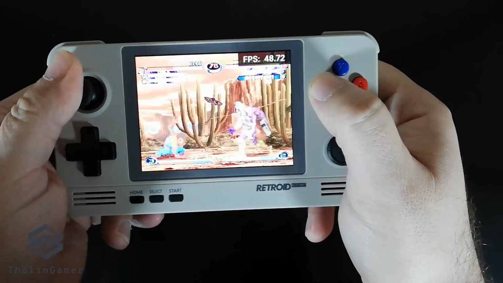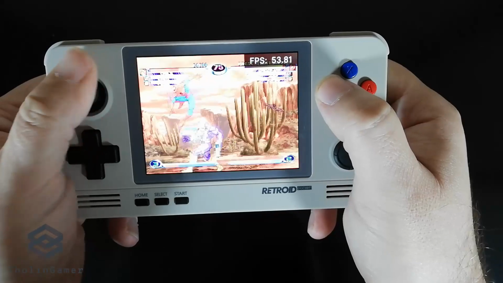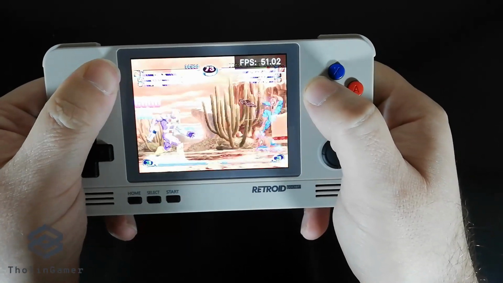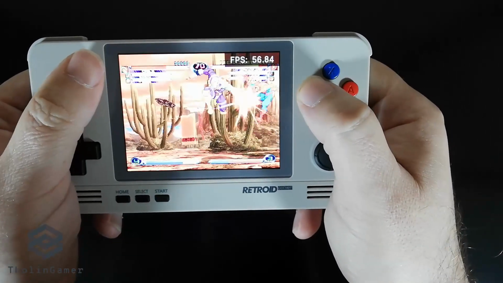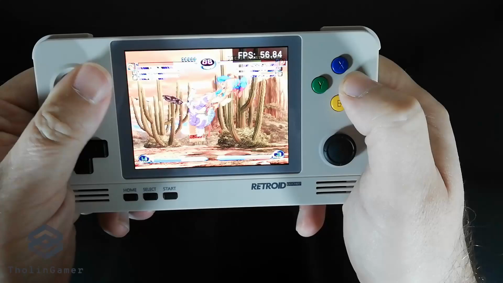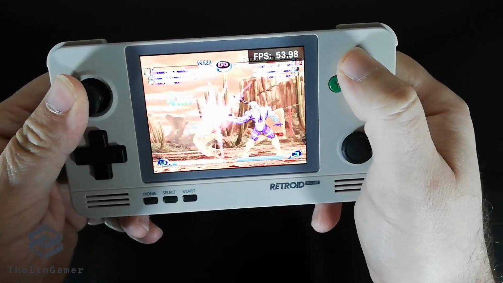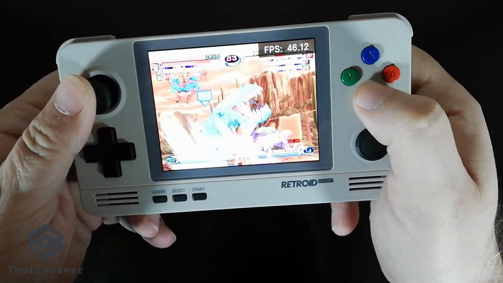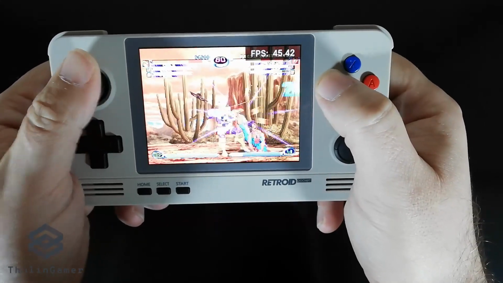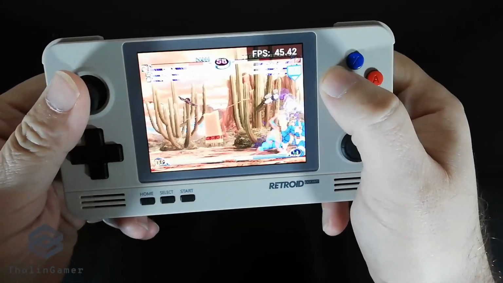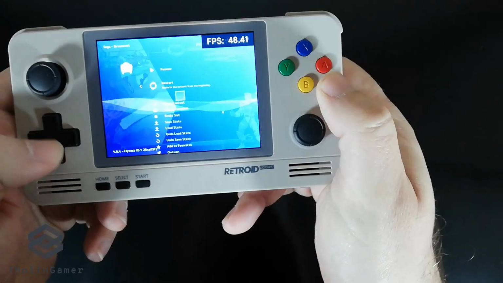So another playable game, and I suggest that you can also use your Retroid Pocket 2 on a big screen and transform it to, let's say, a home emulation console. I'm going to have a guide on how to do that and use extra controllers. And since a Retroid Pocket 2 has an HDMI support, it would be amazing to use that on a big TV. So again, this game is performing on 100% emulation level, let's say, without any problems. We can now close this game and move on to our next one.